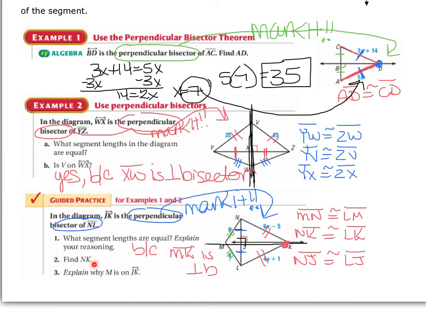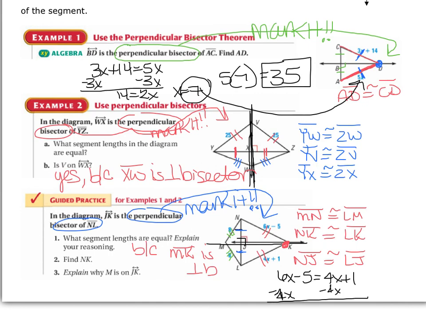All right, in number 2, it asks you to find the length of NK. So remember this question. You need to be able to, when you read this question, read it back as find the length of NK. So to find the length of NK, that's this piece over here. Well, we know that this segment is congruent to this one. We just stated that here, that NK is congruent to LK. So we all know that congruent pieces have equal measures. So we're going to set up 6x minus 5 is equal to 4x plus 1 and solve